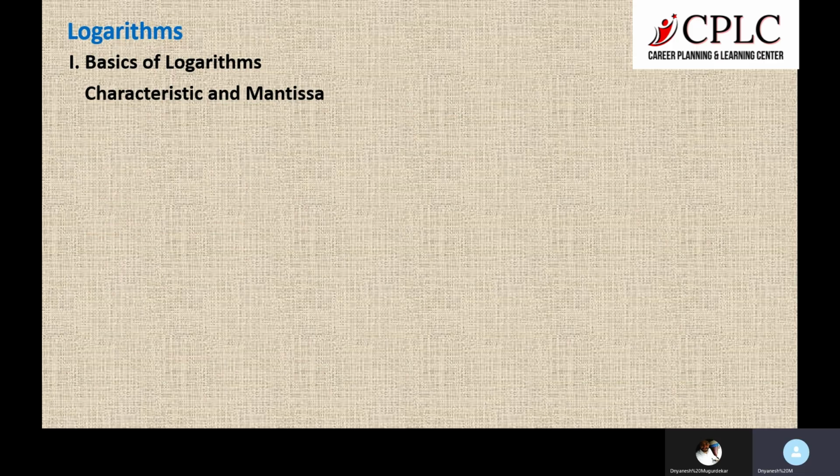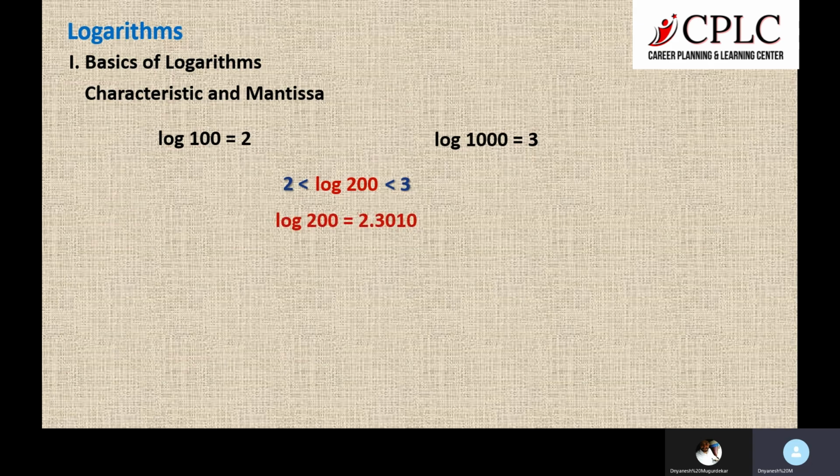After this, there is a part called characteristics and mantissa, which is slightly different. So let's explore that in detail. So we know for a fact that log 100 is 2 and log 1000 is 3. So if I want to take log of any number which is in between 100 and 1000, suppose log 200, I know that the answer of this should be between 2 and 3. Now, to be specific, log 200 is